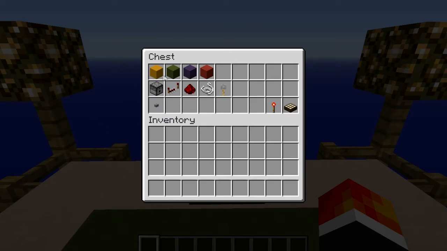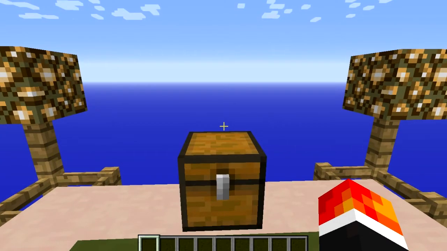You'll need the building blocks of your choice. I have chosen here the four different colours of stained clay. You will also need some tripwire hooks, some string, some redstone repeaters, and some dispensers. And not forgetting the most essential part of this build,